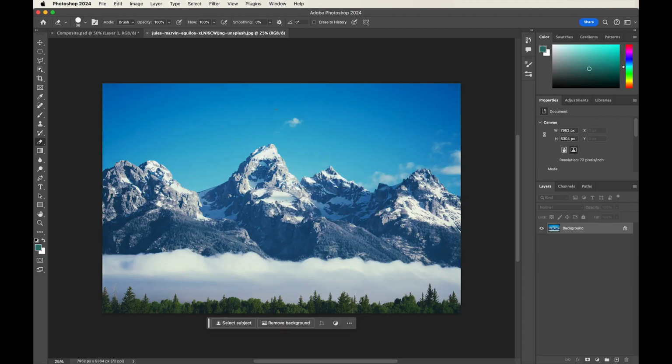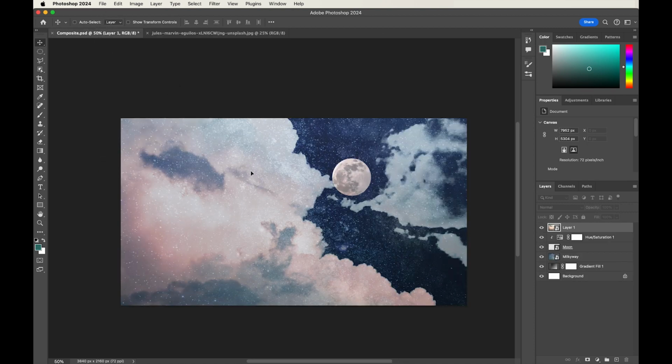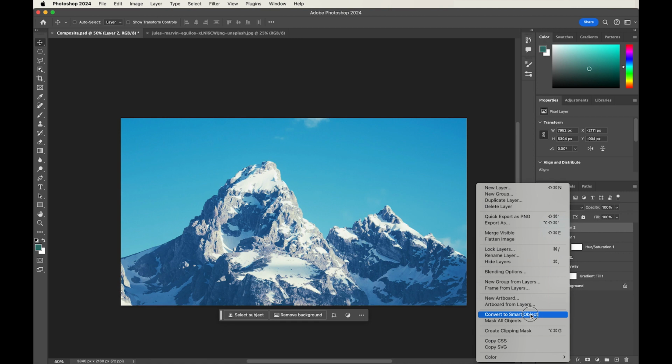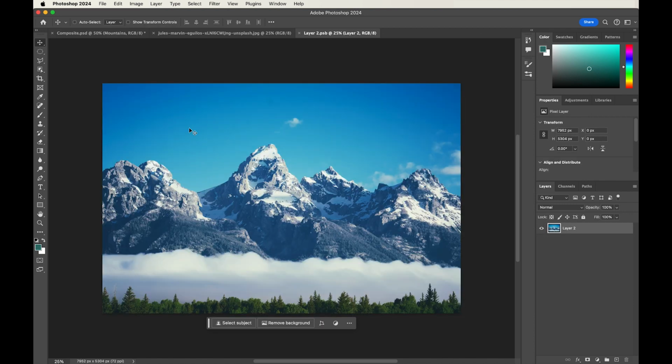And again, for the mountains, I'm just going to move this whole image over. There should be a theme. You guys should know what I'm doing next. I should be making a smart object. We can call the one before this clouds. We can call this mountains. There we go. On our mountains, before I even scale it, I'm going to work on getting rid of this